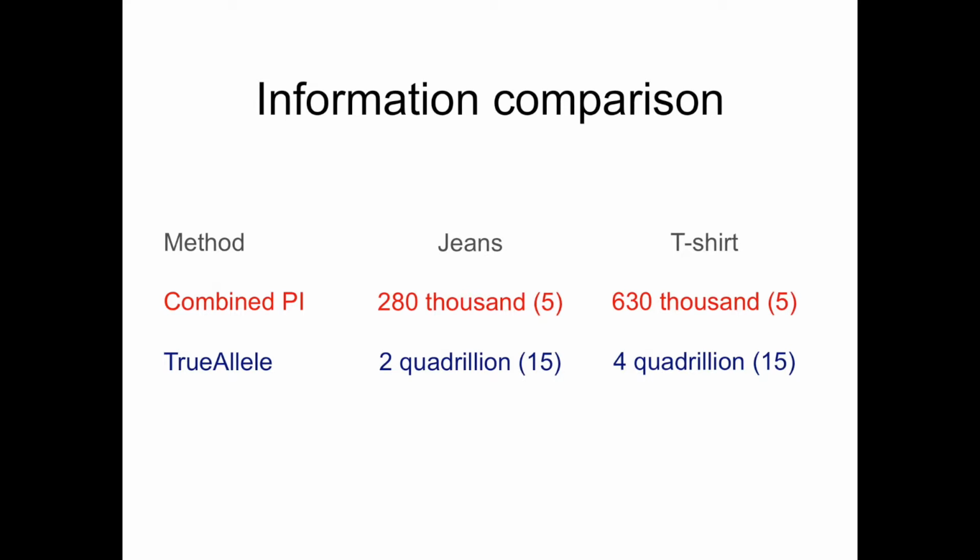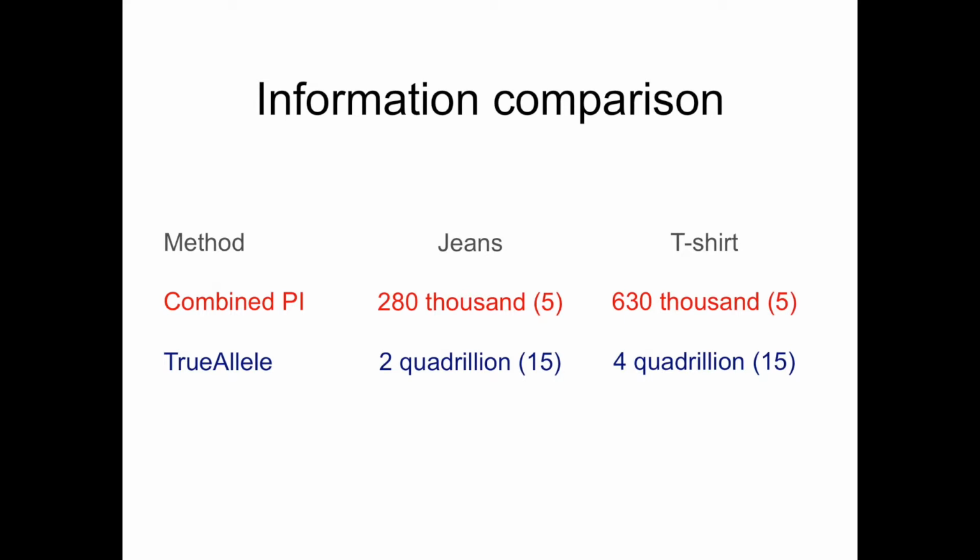The CPI method, with these thresholds, produced a number in the hundreds of thousands, which has 5 zeros. 1 followed by 5 zeros is 100,000. And we saw the same sort of result on the T-shirt. It's partly because in the genes it was a 10% mixture, and on the T-shirt it was a 25% mixture, so they're low amounts of a minor contributor. So on the T-shirt, the original match statistic is 5 zeros after the 1, 630,000. And again,